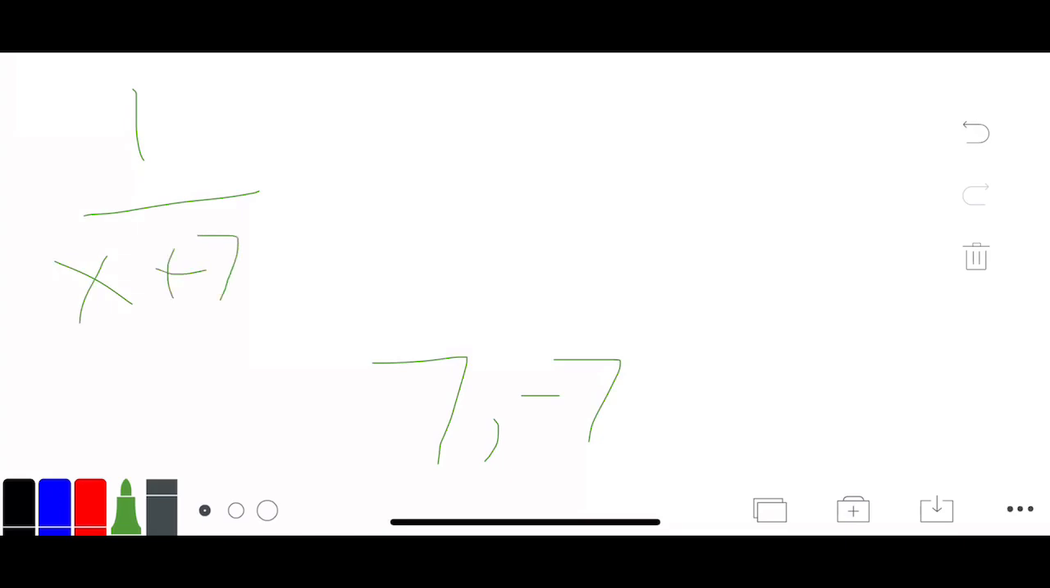Now the third step is to simplify, which we did, and then find a limit. So now we have to find a limit for both of these down here. You want to find a limit as x approaches 7, and you want to find a limit as